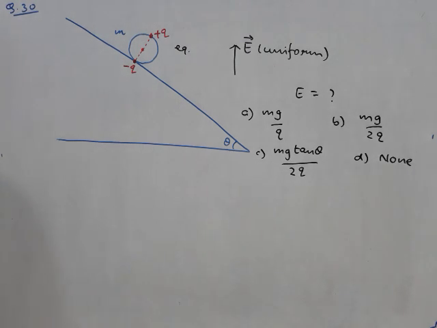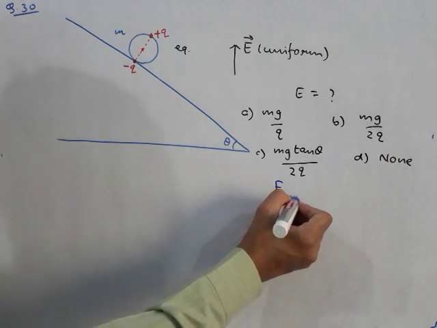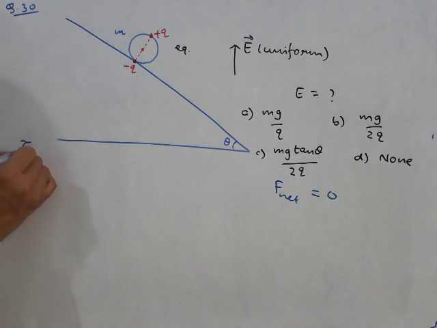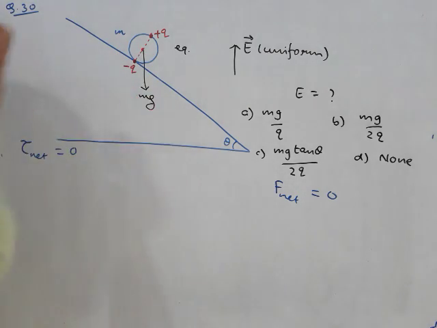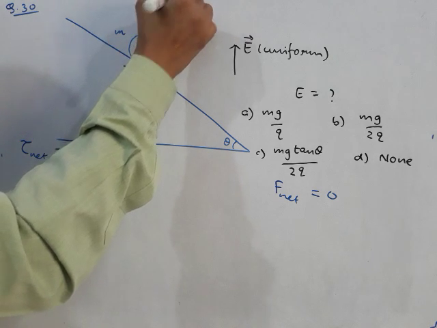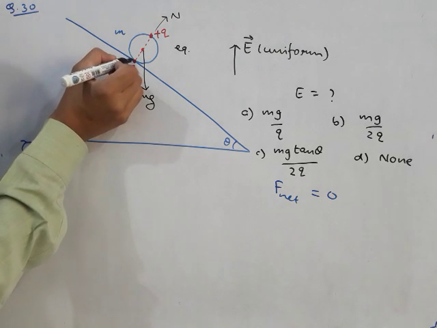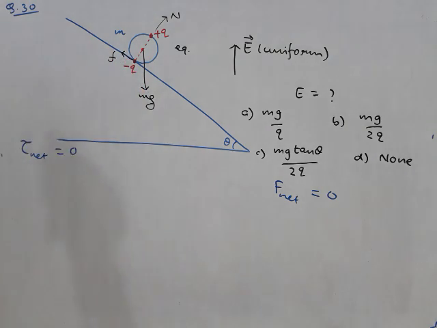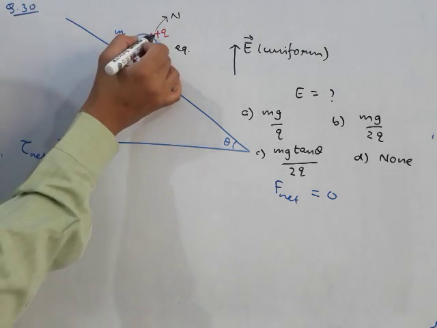Now for equilibrium we need to have two things. First, net force must be 0, and second, net torque must be 0. Let's see what are the forces on this particular ring. So we have to draw the free body diagram. The gravity will be in downward direction. This will be mg. Normal reaction will be like so. Frictional force, you can check it out, it should be in that direction because it has a tendency to roll in this sense. So friction force has to be like that.